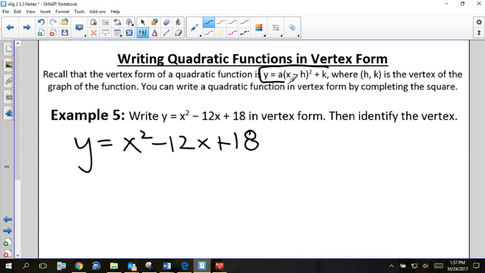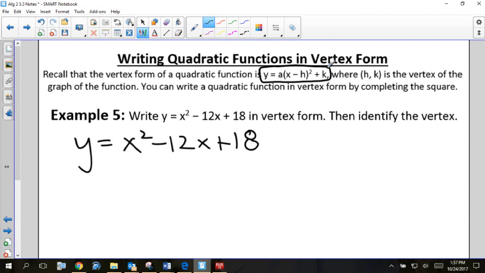Here's vertex form up here in the paragraph. Remember, y equals a times parenthesis x minus h close parenthesis squared plus k. And then you can find your vertex (h, k) from that. So we're going to use this equation and write it in vertex form using our complete the square method. The only thing different about this equation and the ones from your assignment and the notes yesterday